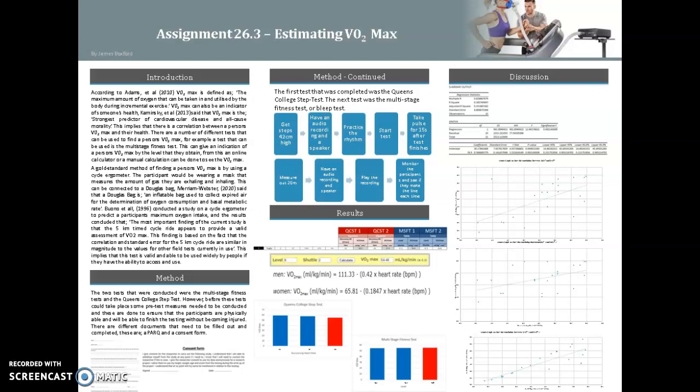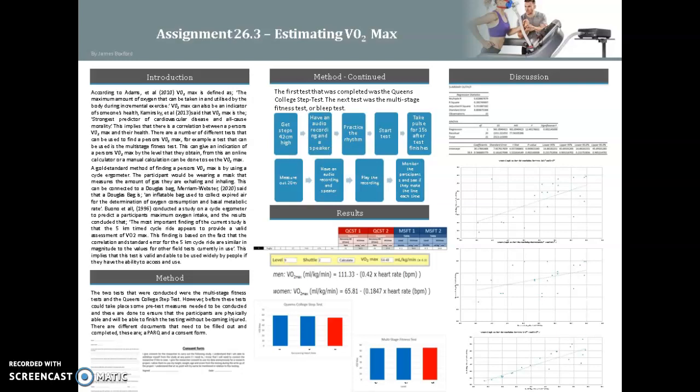Also, before the test, the participants can be allowed to practice the rhythm for maximum a minute, 10 to 30 seconds, so they understand the rhythm of the beat and know how fast they need to step up and step down. Then after that, you start the test. The test is 3 minutes long, and you need to be watching the participants and ensuring that they're stepping up on the right beat and stepping down on the right beat. Afterwards, you get the participants to sit on the step that they were just stepping on, and then take their pulse for 15 seconds after the test is finished.